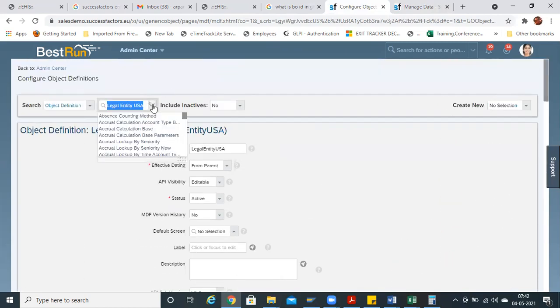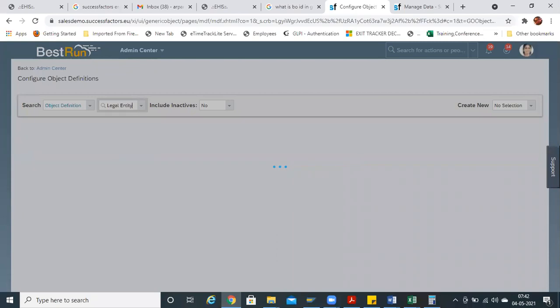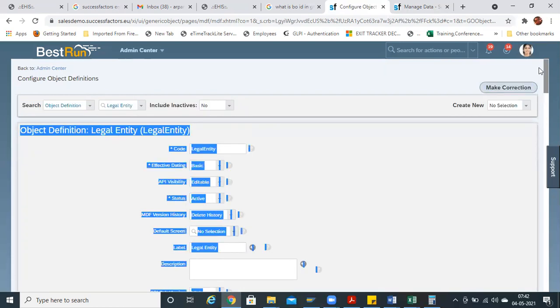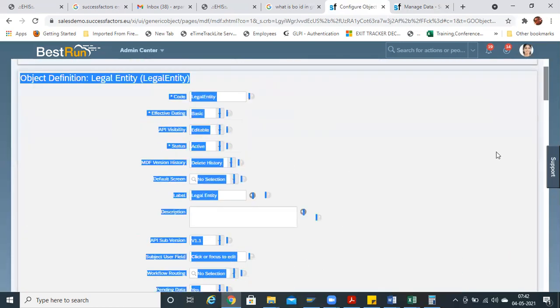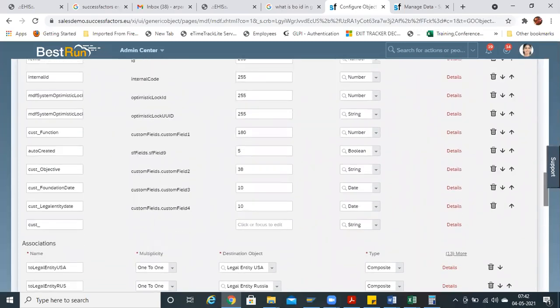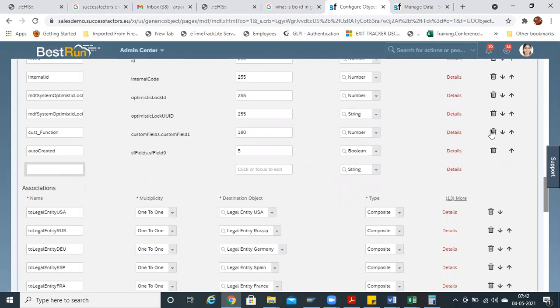Let us go to legal entity, but concentrate on the country specific fields. Let us delete the unnecessary fields. You can later add or delete them as per your choice.